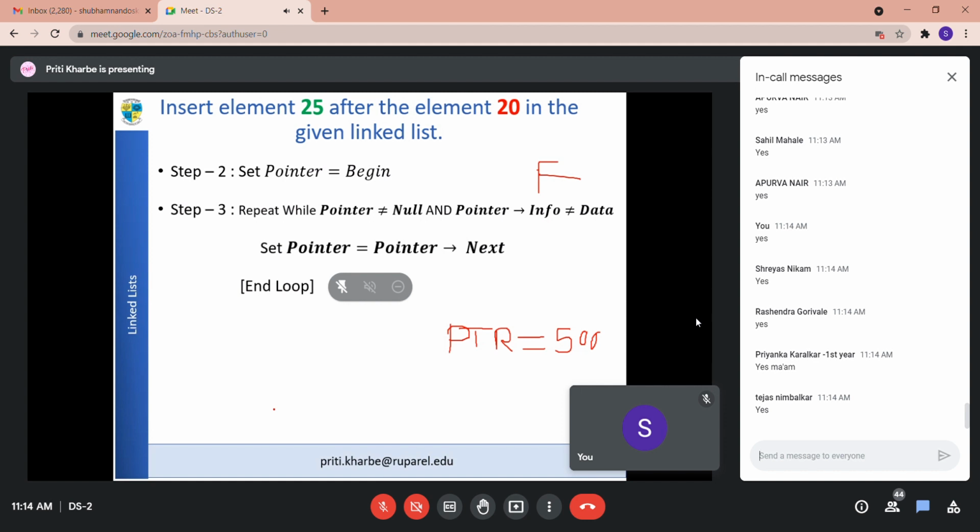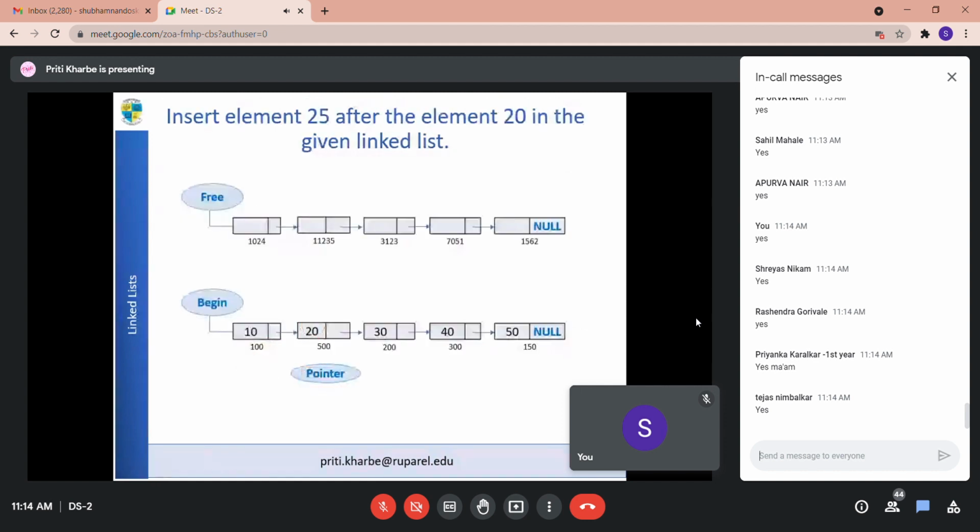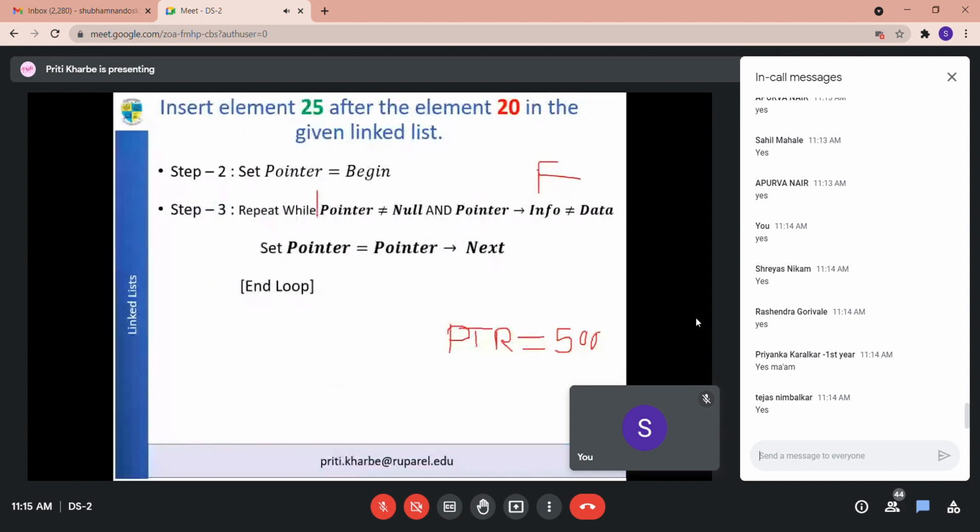Now my pointer's value is 500. Now I want to insert an element 24. Now, if you observe, there were two conditions in the while loop. So if you are getting the element and you are out of the while loop, then your pointer's value is equal to 500. That means the while loop is taking you up to the element after which you want to insert the new element. But there was one more condition in the while loop. What was that condition? Two conditions were there and they were making use of the word and. While pointer is not equal to null.